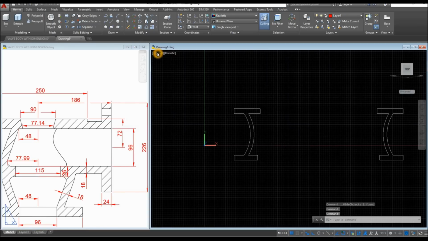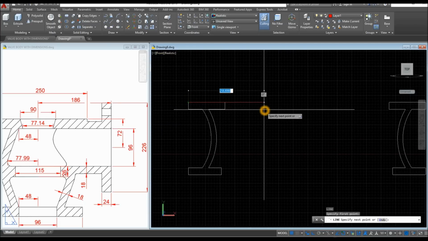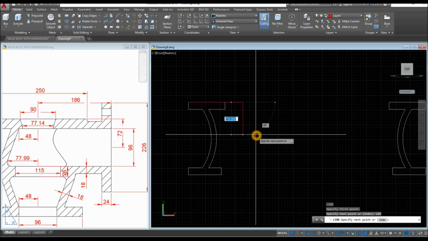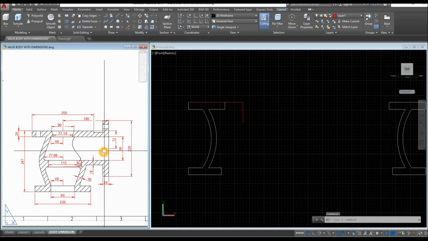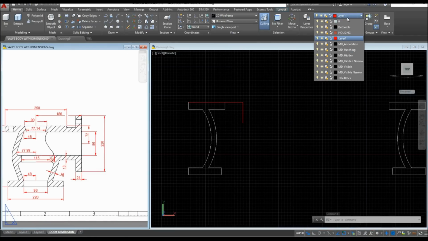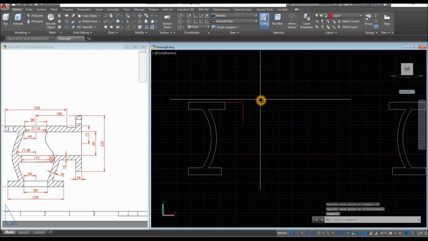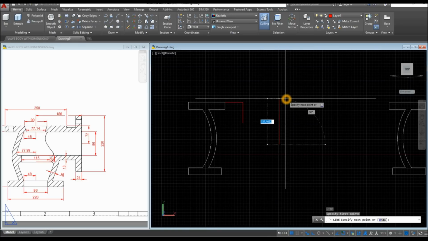So make sure this one is front. So line from end point to the right for 186 units, and bring your cursor downward for 72 units. So this end point is gonna be the midpoint. Now I'm gonna draw a line, so I'm gonna change this back to 0 layer. So draw a line, maybe somewhere here, and enter